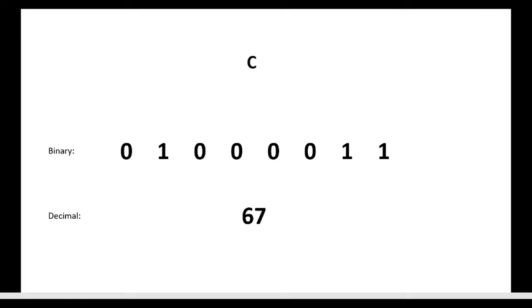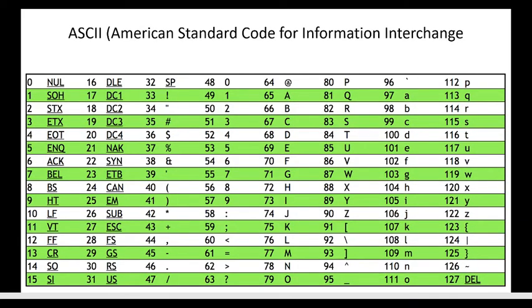And humans have standardized this mapping of numbers and letters in the form of a system called ASCII, the American Standard Code for Information Interchange, which is just a fancy way of saying that a bunch of Americans got together in a room one day and decided that if our computers want to represent letters, that we should all use this standardized mapping. And if you look close, you can see capital A is 65, B is 66,